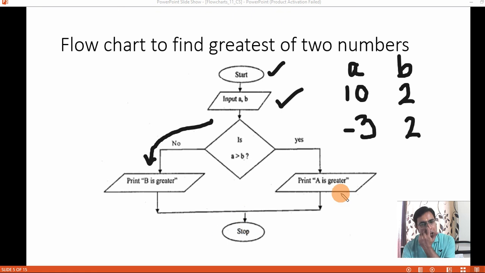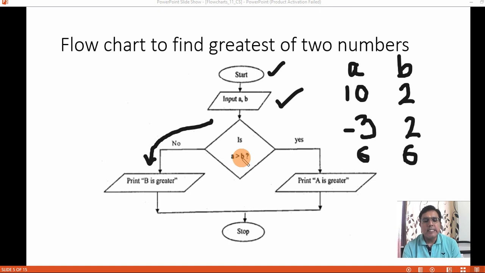Okay, now let us consider a third situation, where you enter value of A as, let us say, 6 and value of B is 6, right? So A and B, so it will come here, A is greater than B, right?